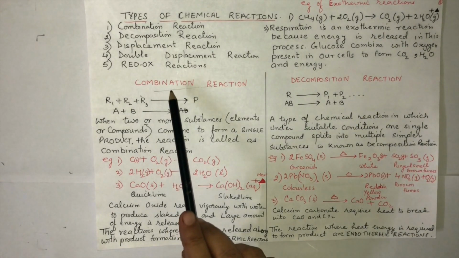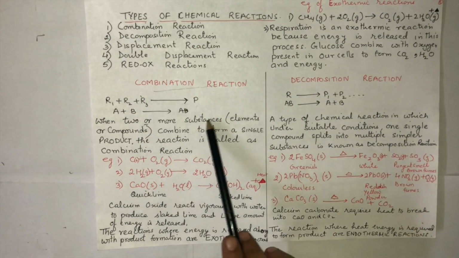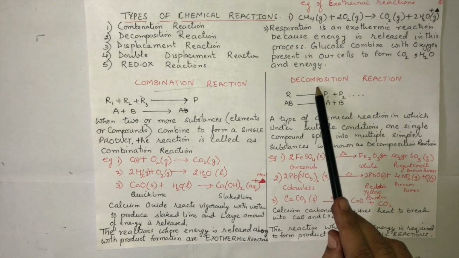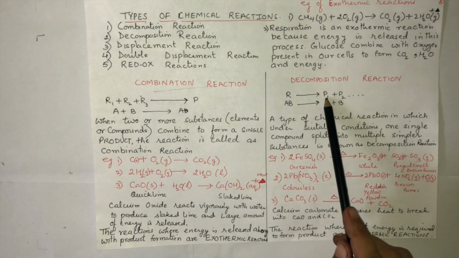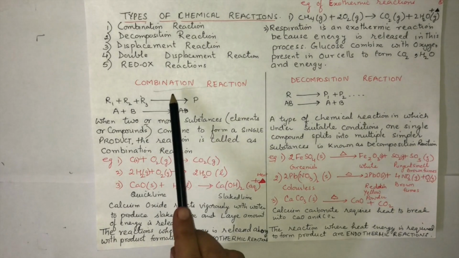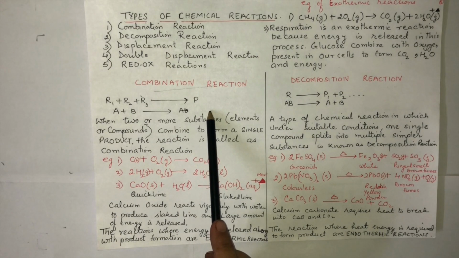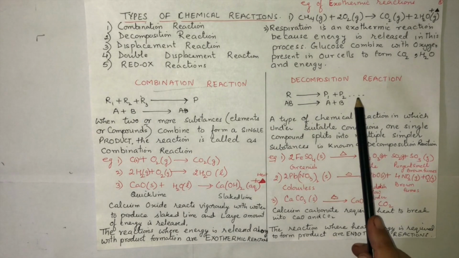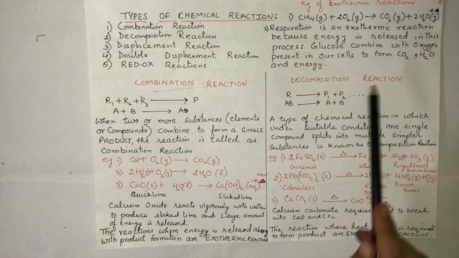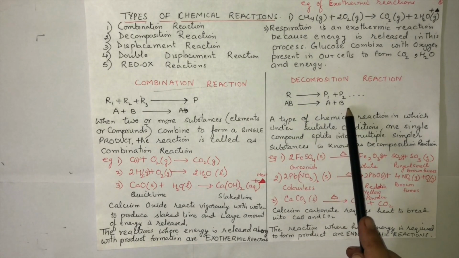Now, combination reaction over, we are moving to decomposition reaction. Now, I will give you a comparative study also. In decomposition reaction, there is only one reactant. This one reactant will give more than one product. See, in combination, the number of reactants was more, and one product was formed. In decomposition, the reactant is one, and more than one product is formed. So here in decomposition, the general equation will be AB giving A plus B.